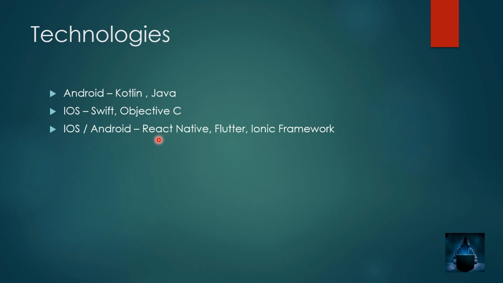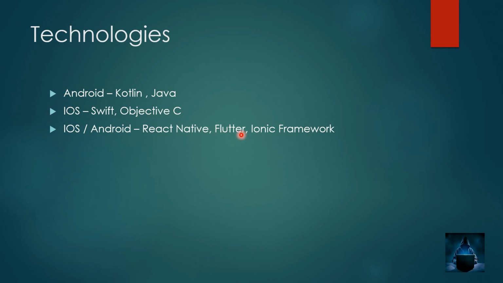So already we have spoken about what is React.js. Also we know about what is AngularJS. So React Native is nothing but a combination of your React.js, HTML, JavaScript and CSS, right? So if you are familiar with HTML, CSS, JavaScript and React.js, then you can directly go with React Native. Same way, coming back to the last one, Ionic framework. If you are a MEAN stack developer, then you can go with Ionic framework, and MERN stack developers can go with React Native.